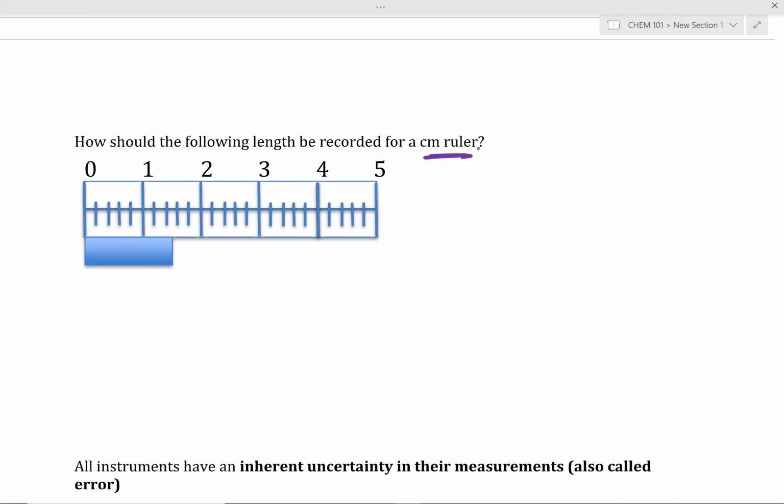We see how between 1 and 2, there's 5 and 6, right? So then,